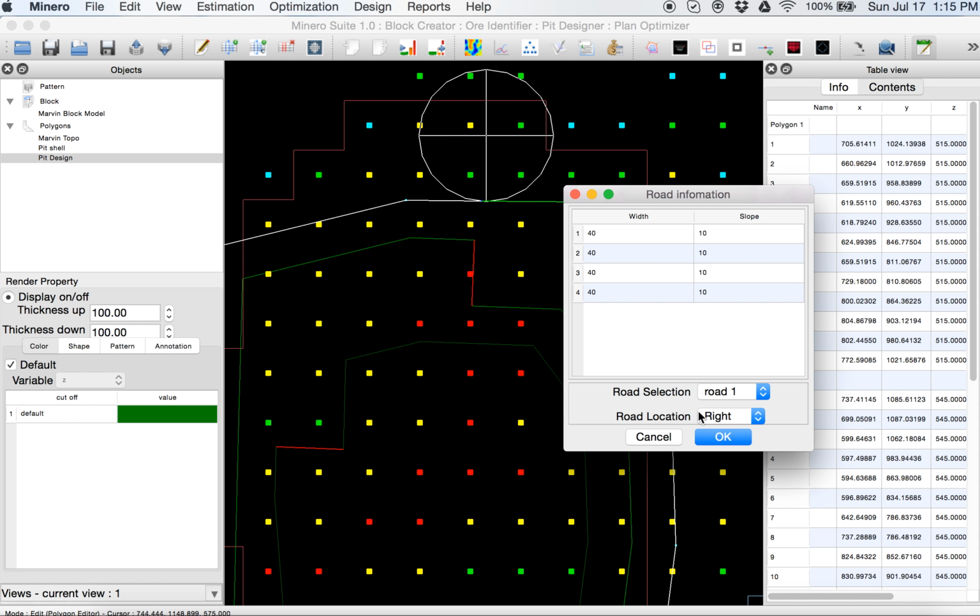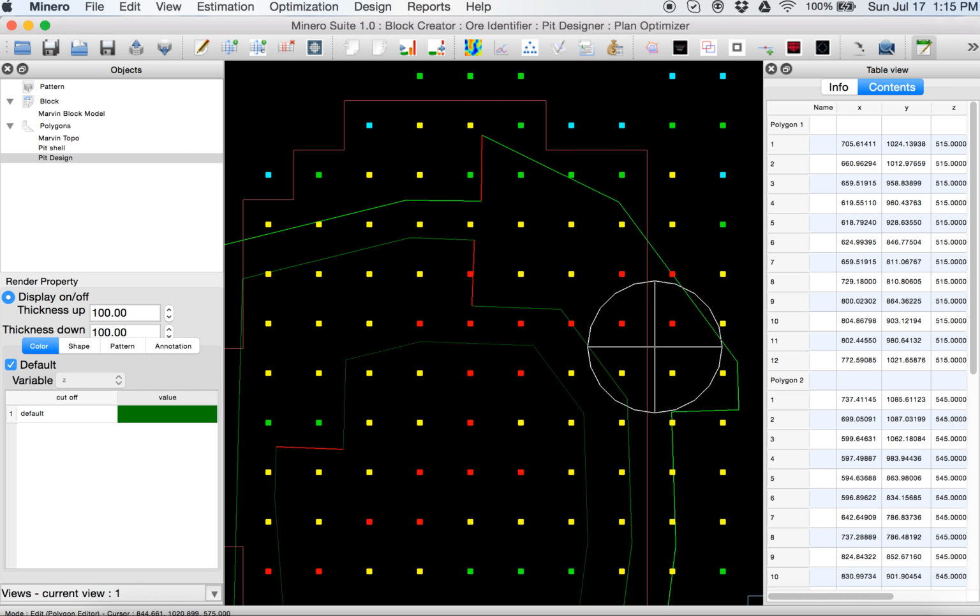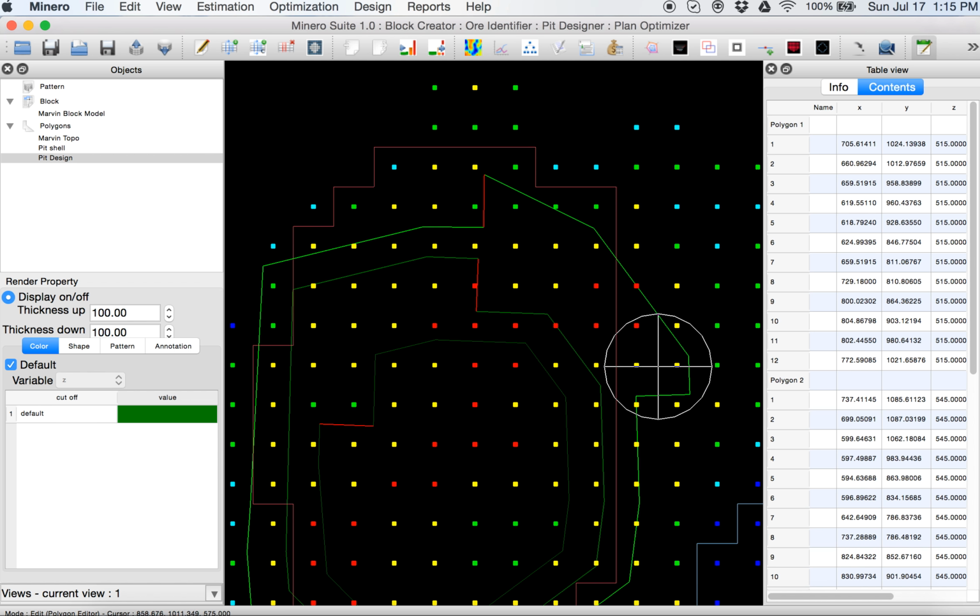To the left side, I want to make a switchback to the left this time. So this is going to be the switchback. But I wanted to keep all these blocks inside my design, so I can edit all this.